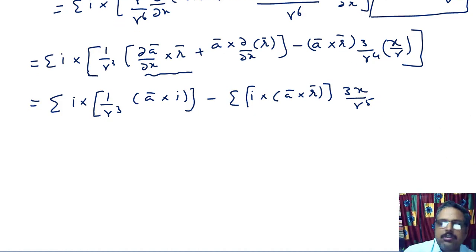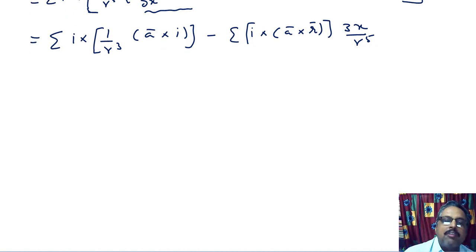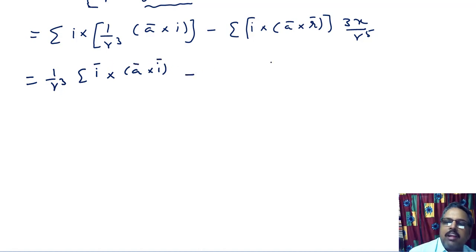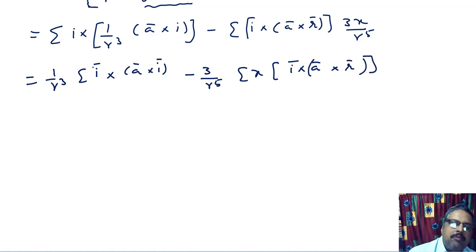Now rewriting the term. Very simple concept. Here constant scalar quantity 1 by r cube into i cross a cross i. All are vectors. This is a vector, this is a vector, this is also a vector. Minus 3 by r power 5 sigma x into, x is inside, i cross a bar cross r bar. What is the quantity? Okay. Here if you observe, this is the first term. Now in both terms we recall